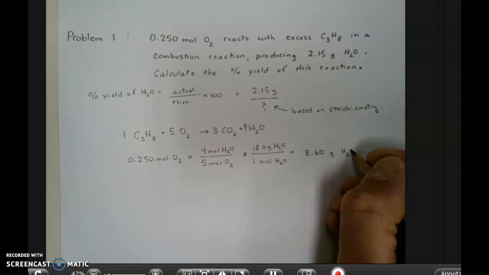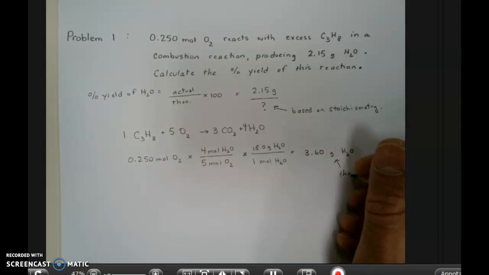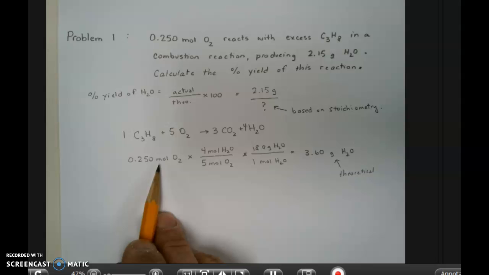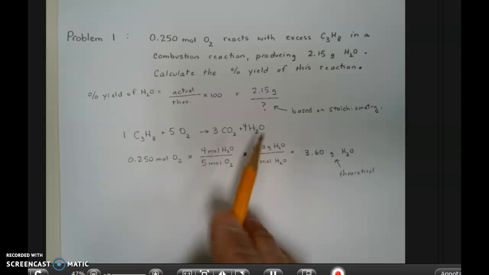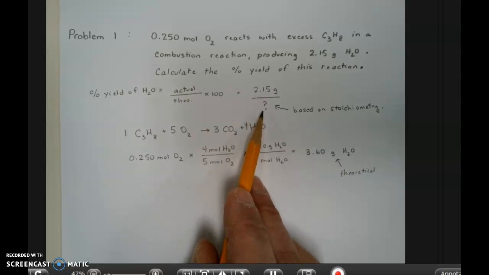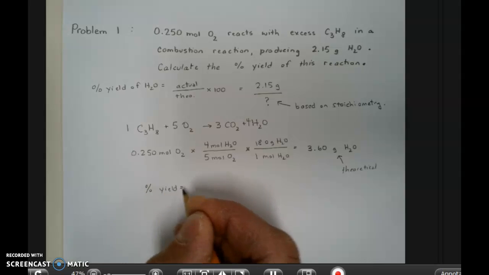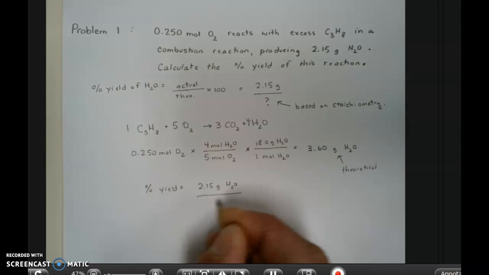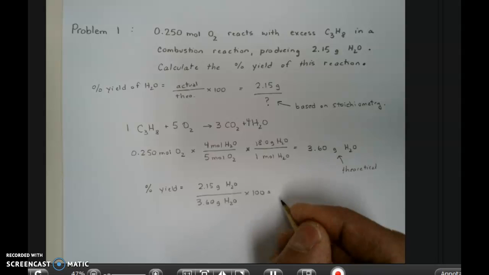grams of water. So my stoichiometry says, in a perfect world, the theoretical amount of water that should be produced from 0.250 moles of oxygen with excess propane is 3.60. So there's my denominator in the original percent yield fraction. So percent yield, we'll finish up the problem, is going to be the 2.15 grams of water that I got in the lab divided by the 3.60 grams of water that I should have received in a perfect world based on stoichiometry. And that comes out to be 59.7%